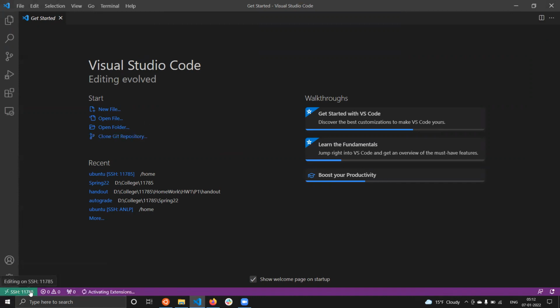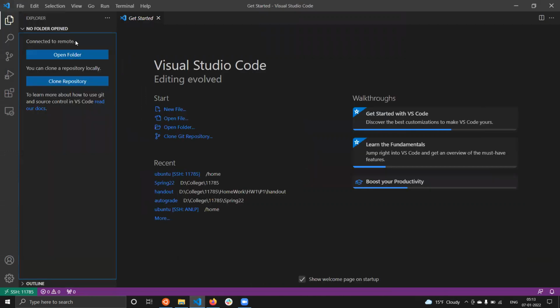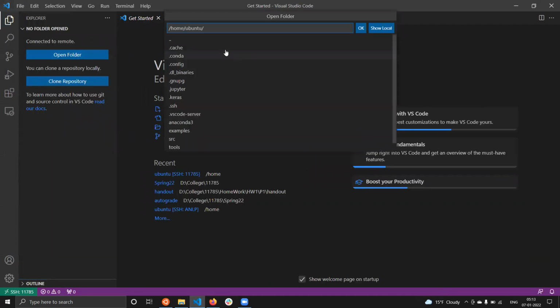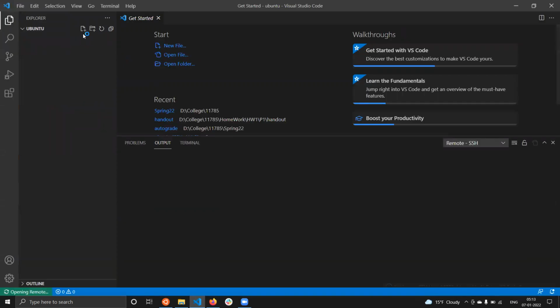So as you can see, our SSH connection has been established to the remote server. And the good thing about VS Code is you can access the remote server as a file system and through a terminal right from VS Code itself. So you can open folder, and this is the root directory /home/ubuntu, and you can just go ahead with that. So now if you